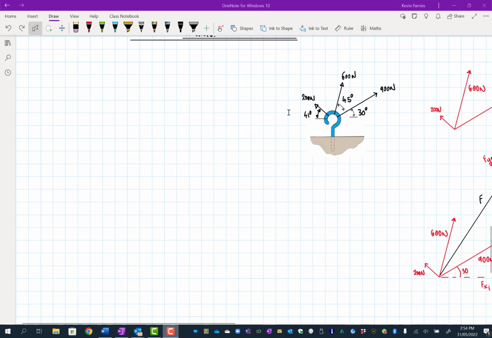In this problem, the only real difference from the last problem is that we've now got three forces acting rather than two forces as we had previously. But all the methods remain the same. So again, these forces are not all acting on the same point. But as we mentioned before,